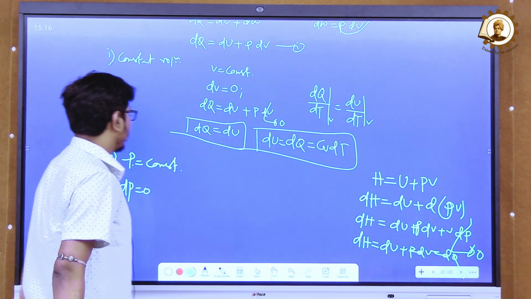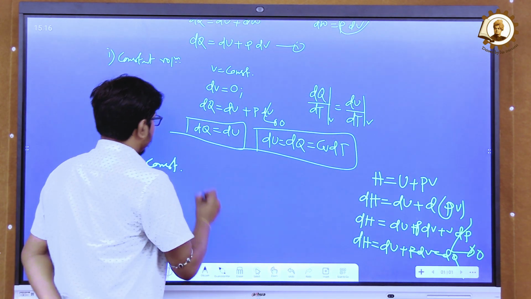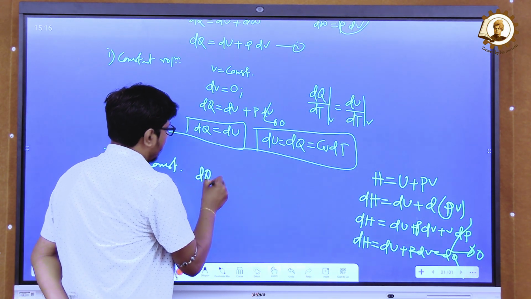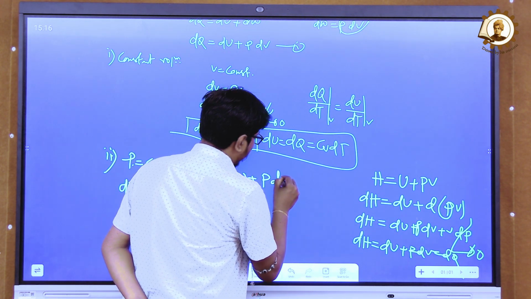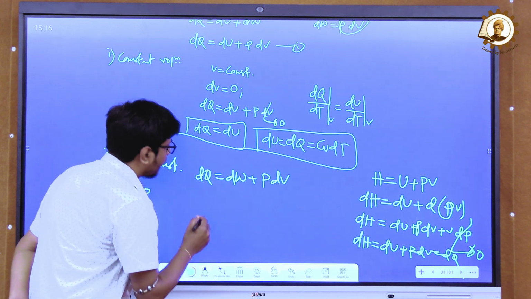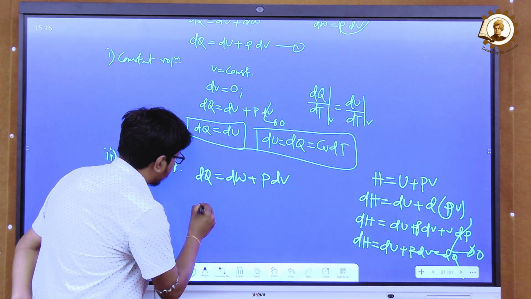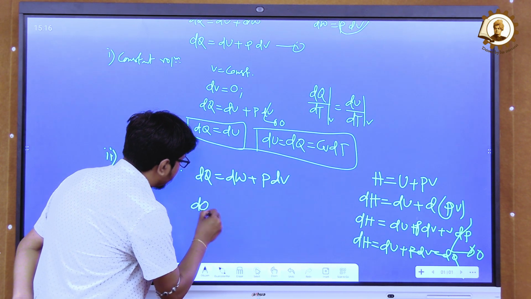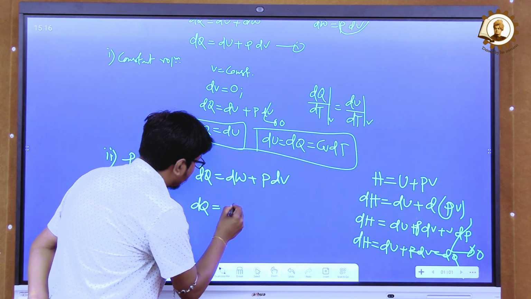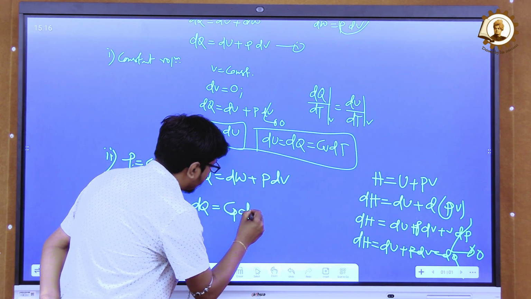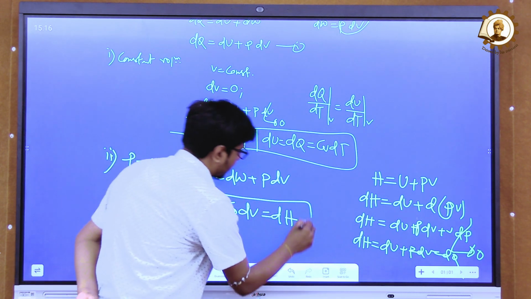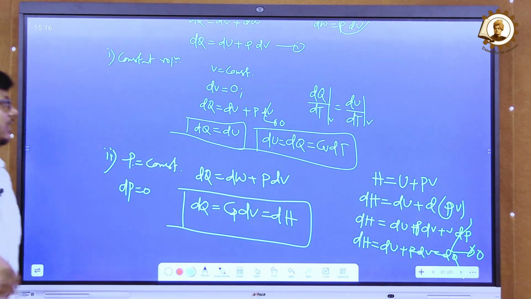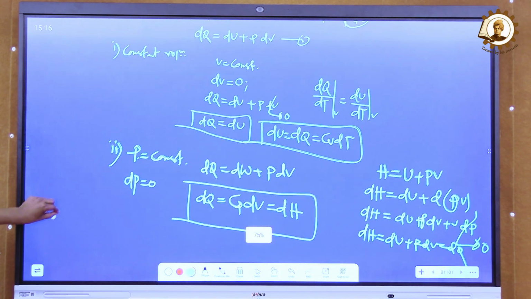Okay. So, from there we can write dq is equal to du plus pdv. Okay. From there we can write that dq equal to cp dt is equal to dh for the isobaric process. Okay. And the final term is